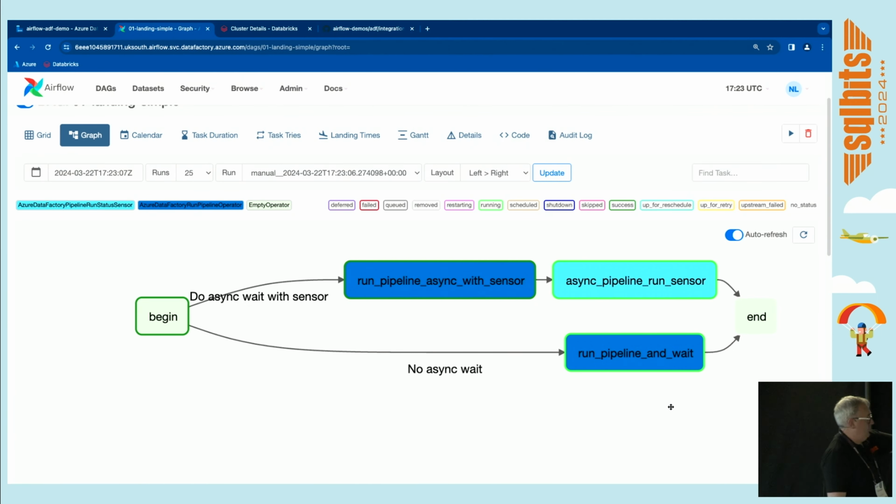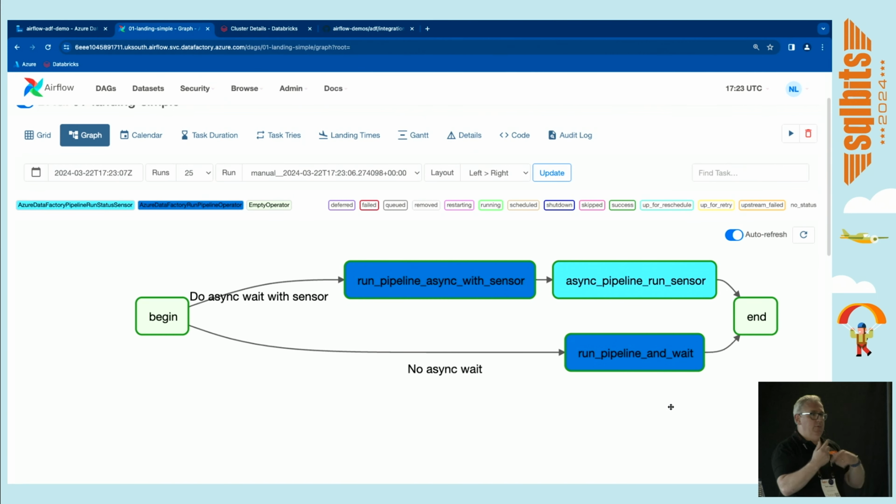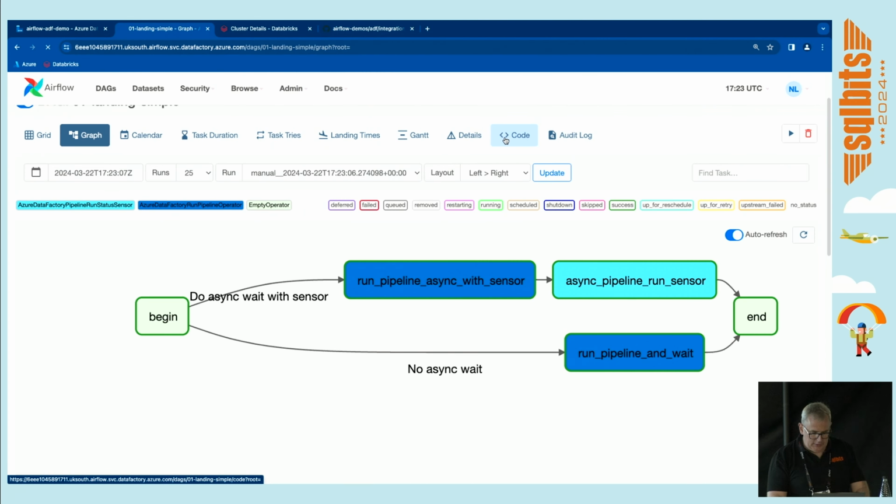But we can see that this one at the bottom has basically said, I'm holding on to the slot I have, and I'm waiting for that thing to finish. Whereas the top one went, fire it, and then it's just polling in the background every now and then. And we can set that poll rate to say how quickly it happens. So it's quite a simple DAG. If we look at the code for it,